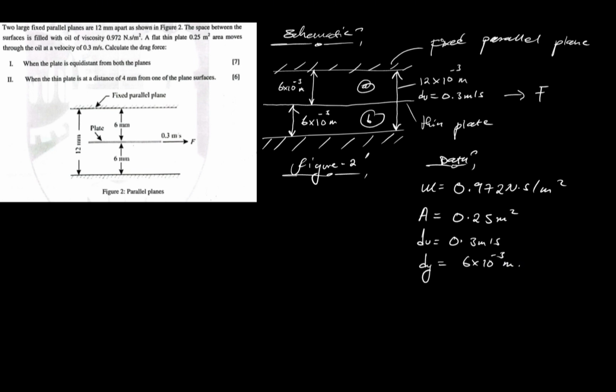Now, every time we're solving a question like this, the first thing we need to understand is that if we calculate the drag force in the first aspect, where they're saying when the plate is equidistant from both the planes, we're talking about when the plate has equal distance. What we have to do is calculate one section at a time. So in number 1, we calculate one section and then calculate for the other. But since it's equidistant, all we have to do is calculate one section and then multiply by 2